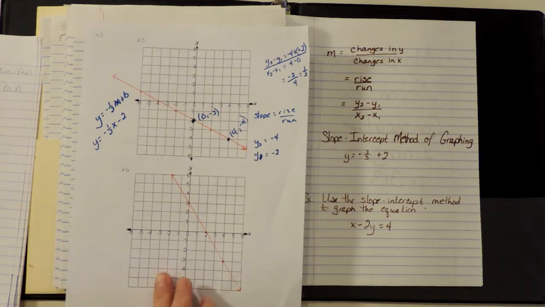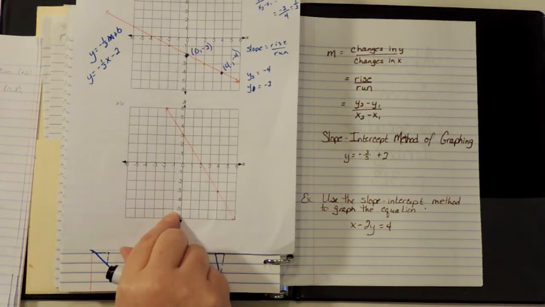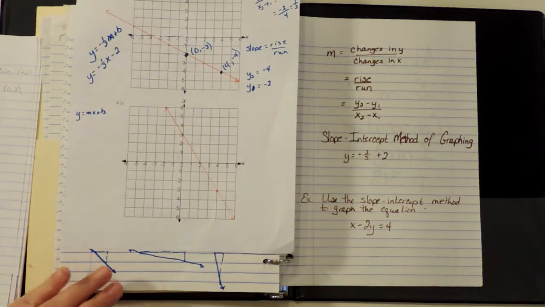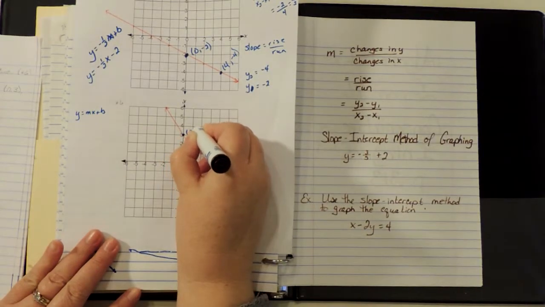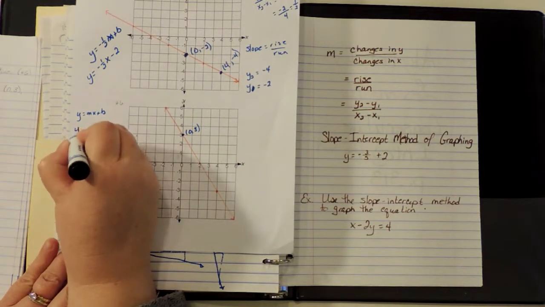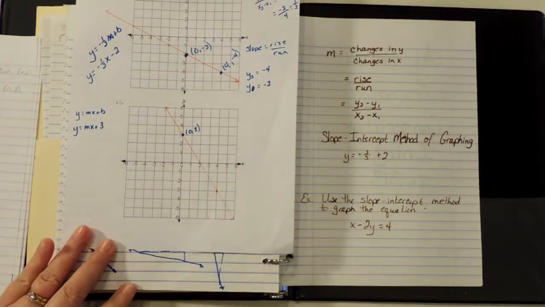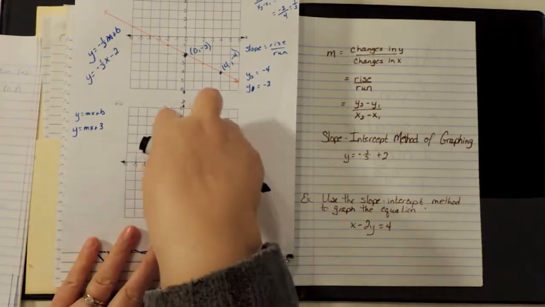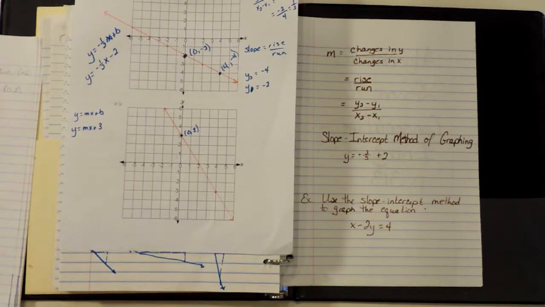Okay, let's look at the next line. Here we have this line number 6. The form is going to be y equals mx plus b. We can see the y-intercept is right here at (0, 3). So we can say that the equation for this line is mx plus 3. This is a positive 3. We can see that the slope is going to be negative because the line is going downhill as